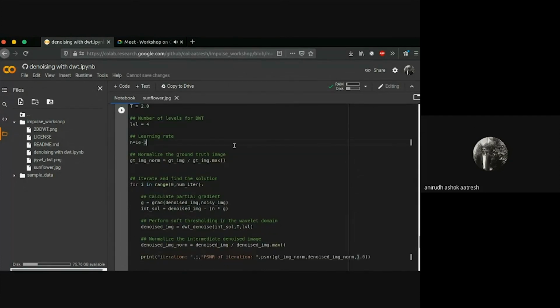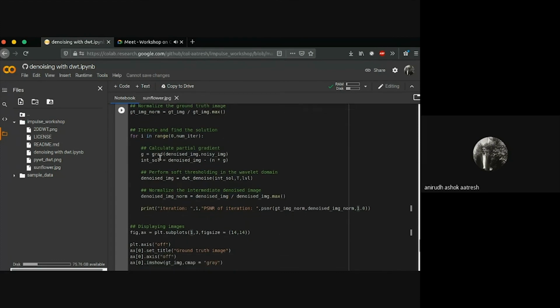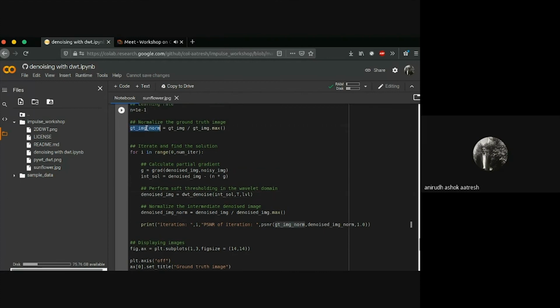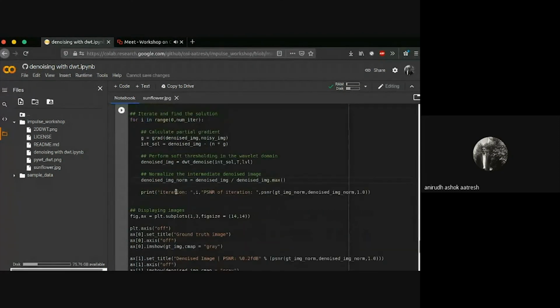Before I run this, I'll just explain the code. Here G, we calculate the gradient. We get our intermediate calculation by computing the gradient descent update step. We perform denoising in the wavelet domain, that is, by using a sparsity calculation, and I've included 2 variables over here so that we can calculate the PSNR. I've normalized it to ensure it's between 0 and 1, because the dynamic range of the denoised image norm was varying a lot. So I've normalized this so it makes the calculation easier.